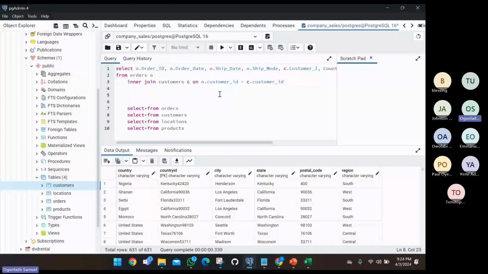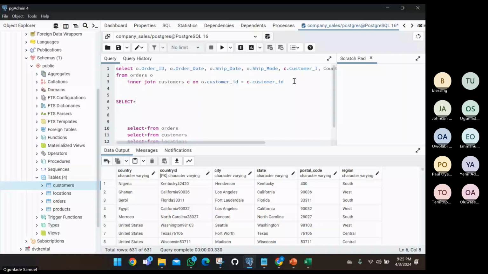So the process is simple. What you simply need to do is, let's come here, is to use your select syntax, select, and as usual, asterisk. Let's just do select asterisk, which is select all from orders. So what this one will be doing now is to give us just exactly what we have in the